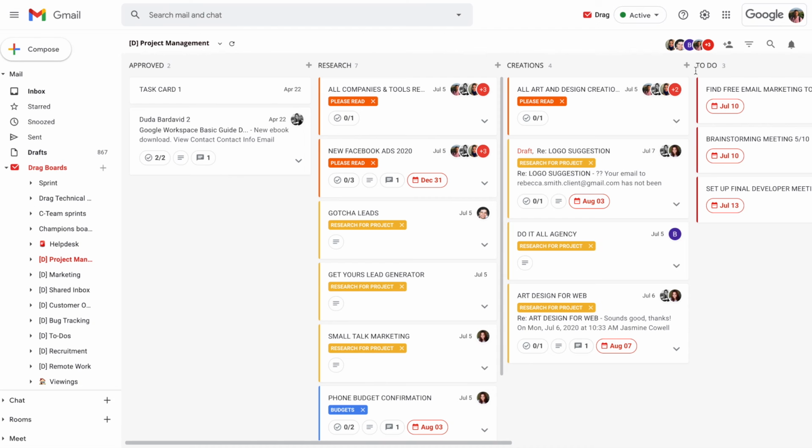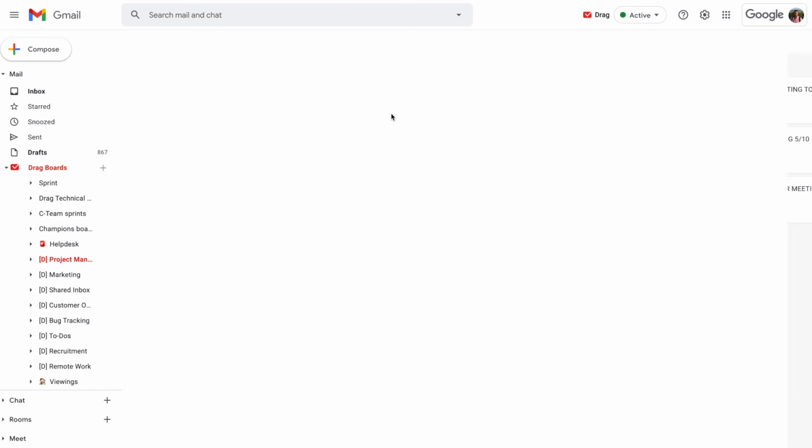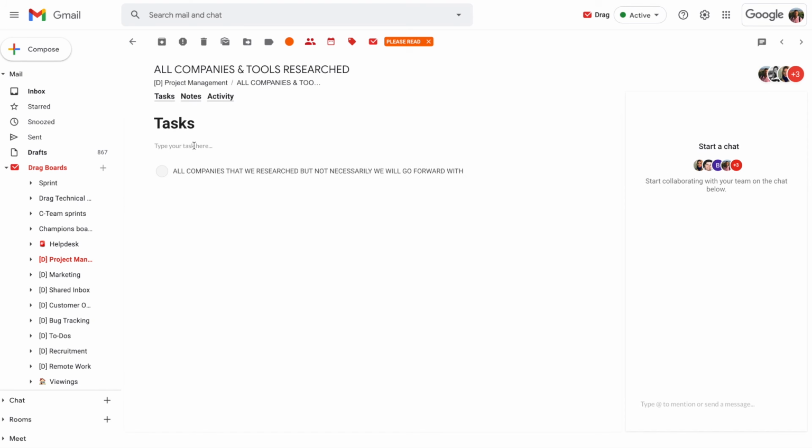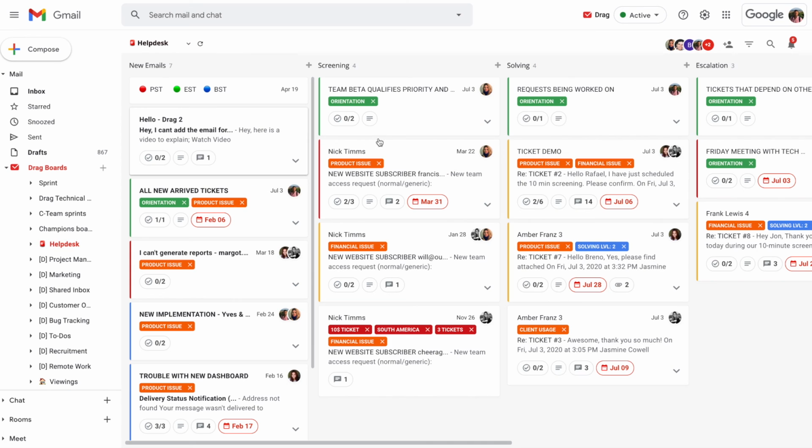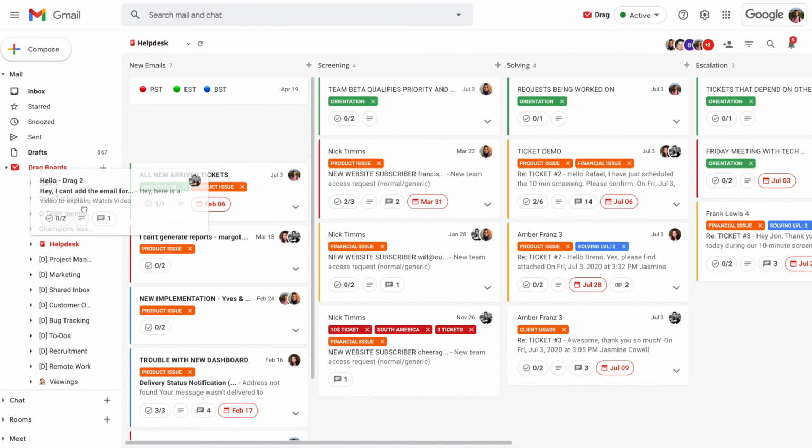So what you can see here on these boards is that these are not emails. They're simply cards that have been created manually as a way to manage a task or to track progress. And another really useful feature is that we can go to other boards where you may actually be having emails coming in. Let's say this one, for example, that we can take these cards and we can drop them into